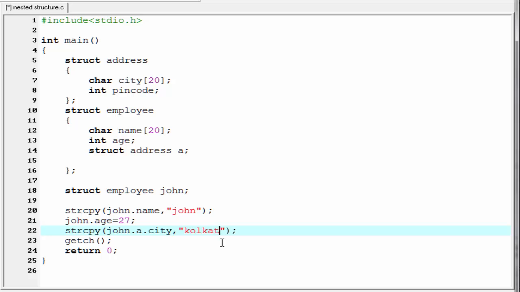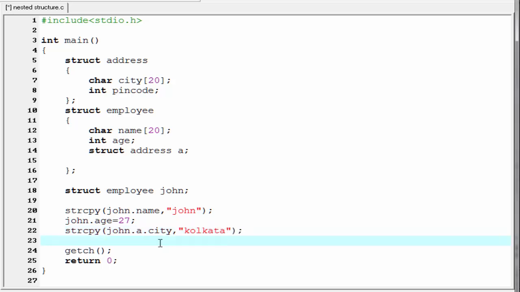Next element is pin code. So I'm going to write here John dot a dot pin code equal to 01. So we have assigned all the values of structure variable John. Next we print out all these values to the screen.